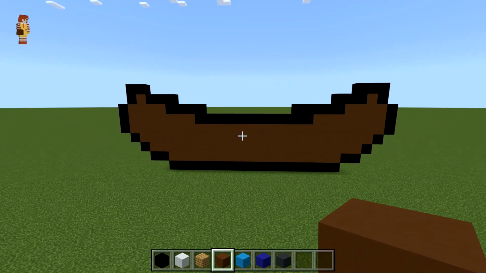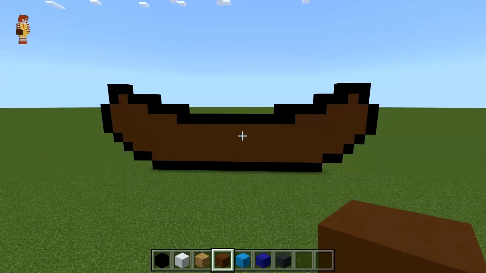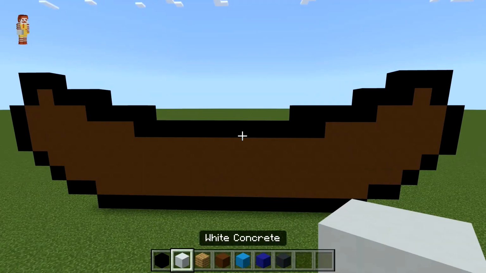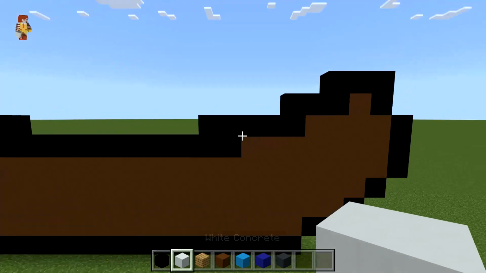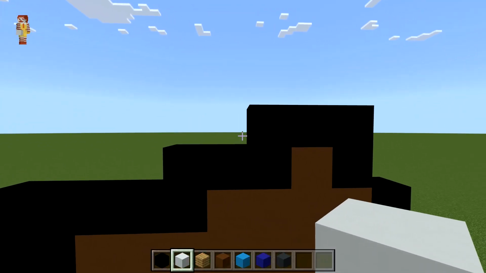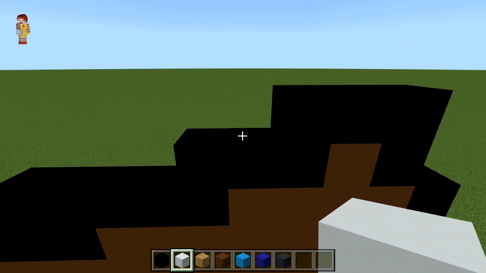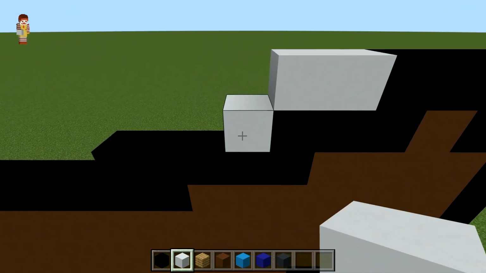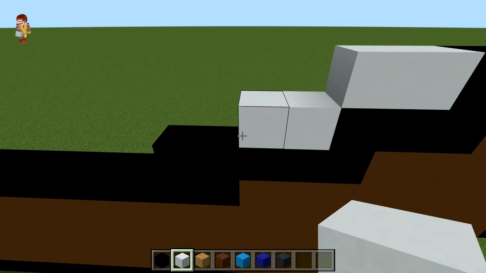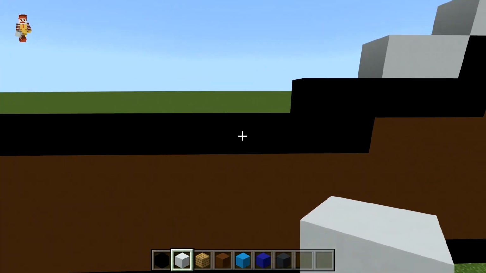And then after you have this bottom part filled with concrete, you're going to take your white concrete. We're going to start up here on the top right. Next to this row of 3 black, you're going to do a row of 2 white, down left diagonal, left by 1. And then you're going to come over here to this bottom row,